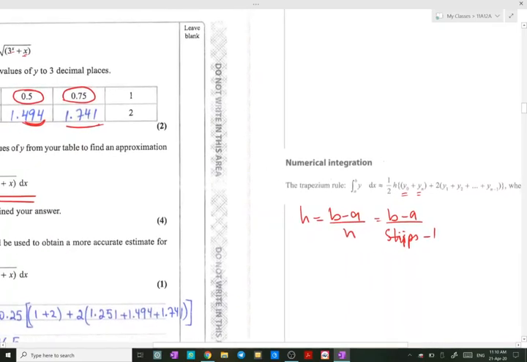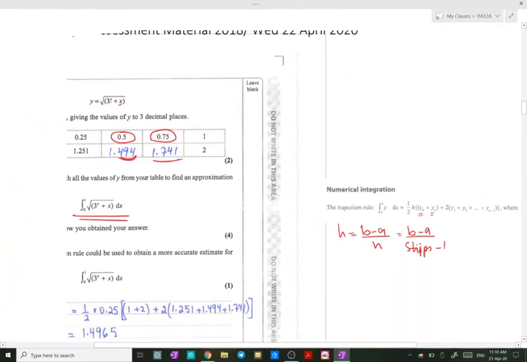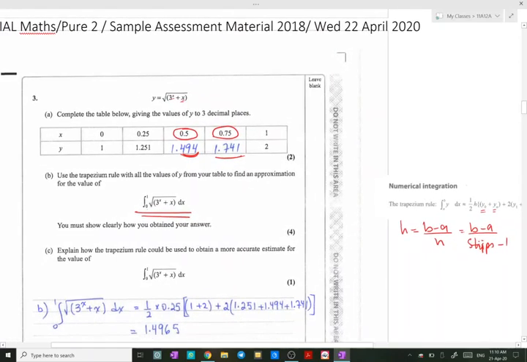Let us pinpoint the variables that are in the table. You have here a for the first value of x, b for the last value of x, and you have y0 for the first value of y, and then y1, y2, y3, and y4. So we have 5 strips. In order to find h, it's equal to 1 minus 0 over 5 minus 1, which is equal to 1 over 4,